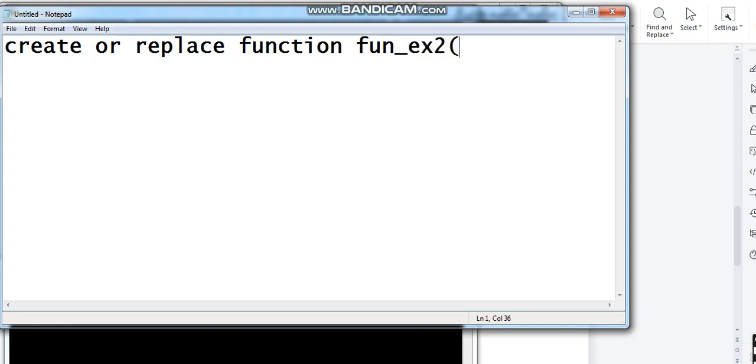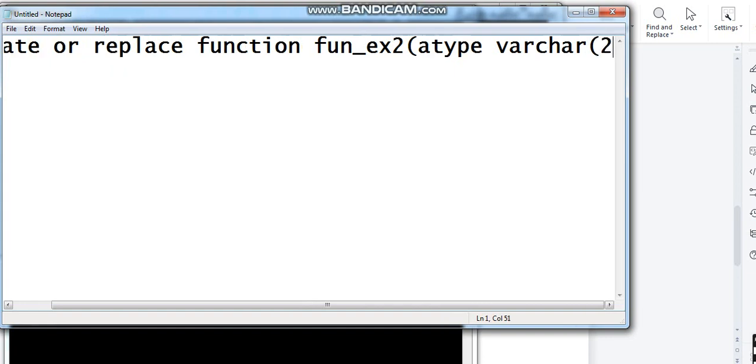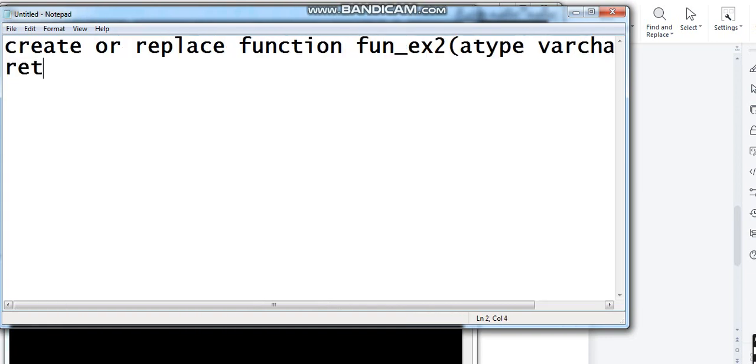Suppose here the user is declaring one variable called area type. ठीक है, that means when we call the function, area type will be given to the function. Suppose here I am giving it as varchar 20, complete the bracket, returns, since function returns something, तो रिटर्न डेटा टाइप.